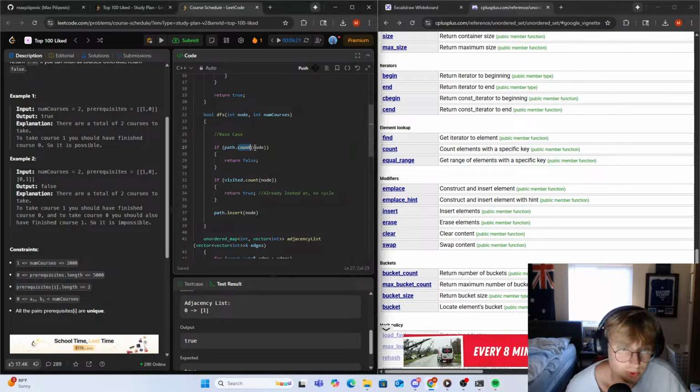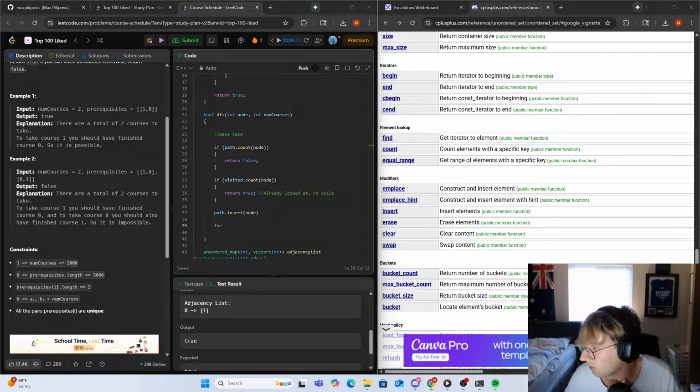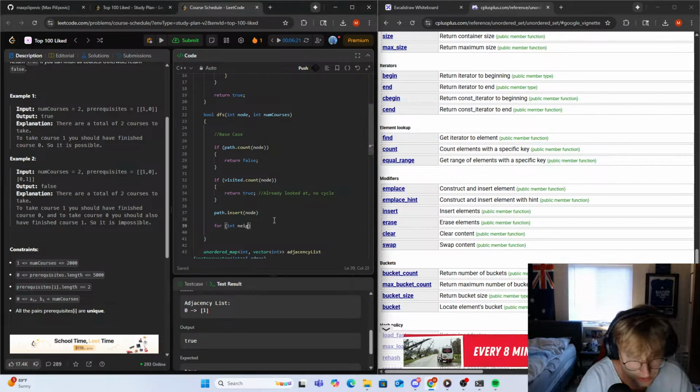Okay. If path.count node, we return false. If visitor.count node, we return true. We then insert our node, right? And then we want to loop. Okay, well, for int neighbor in, right, our,